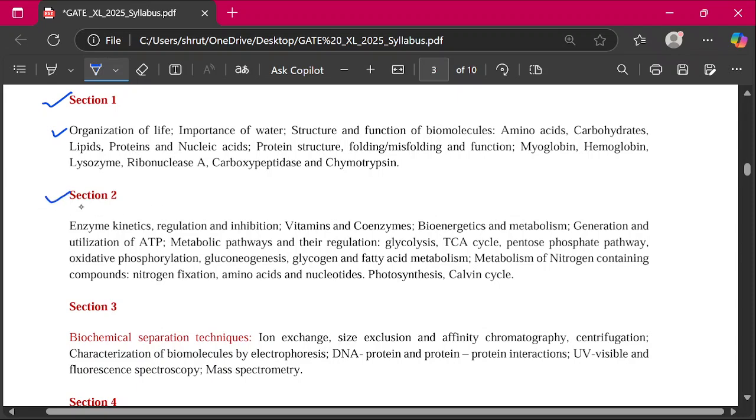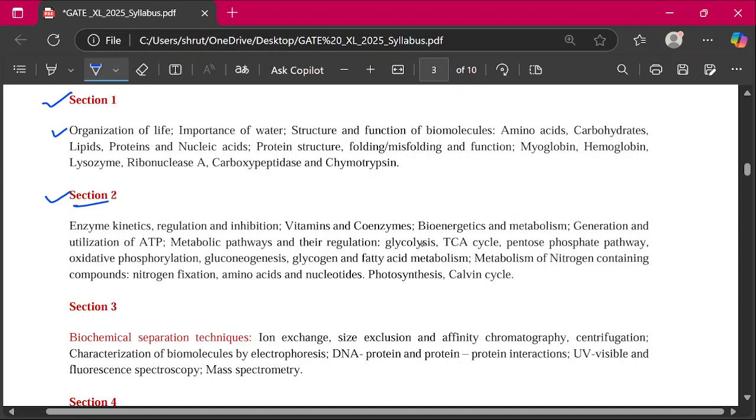Then in section 2 we have to study the enzyme kinetics, regulation and inhibition, vitamins and coenzymes, bioenergetics and metabolism, generation and utilization of ATP, metabolic pathways and their regulation,